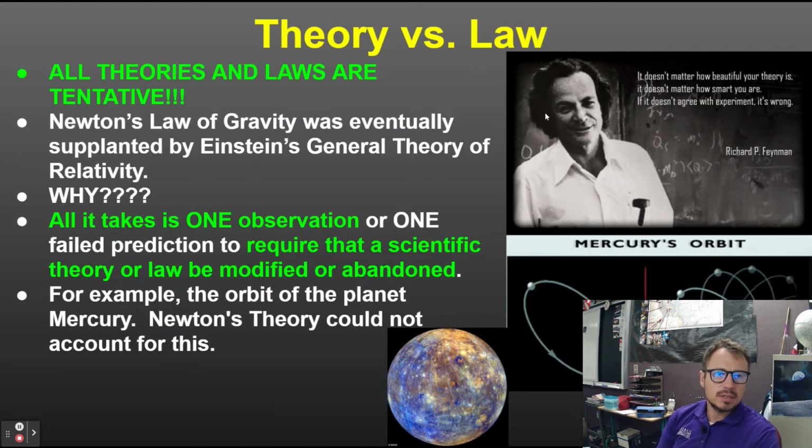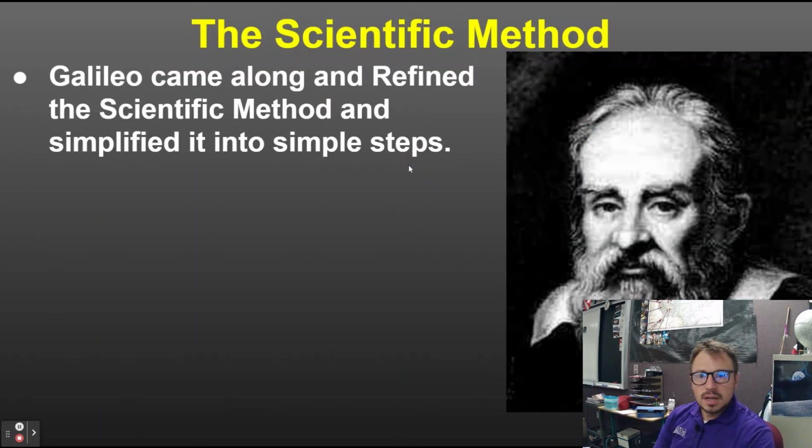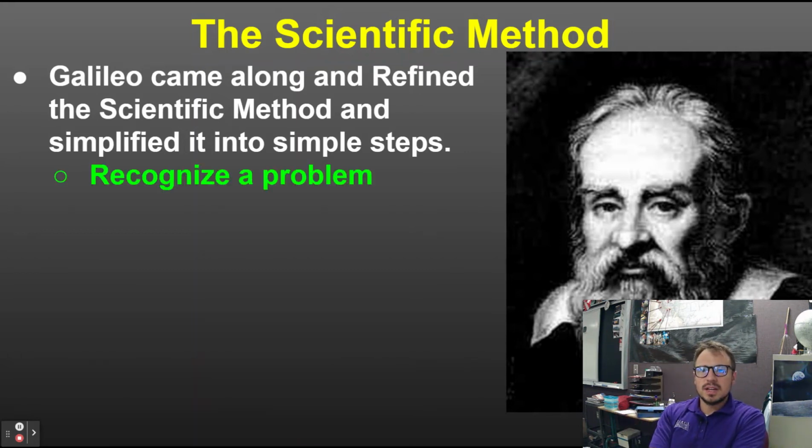So I like this quote up here. It says, it doesn't matter how beautiful your theory is. It doesn't matter how smart you are. If it doesn't agree with experiment, it's wrong. So Galileo came along and refined the work of some of the great scholars, and he came up with the scientific method, which is sort of built upon that. Now, simplified into steps,